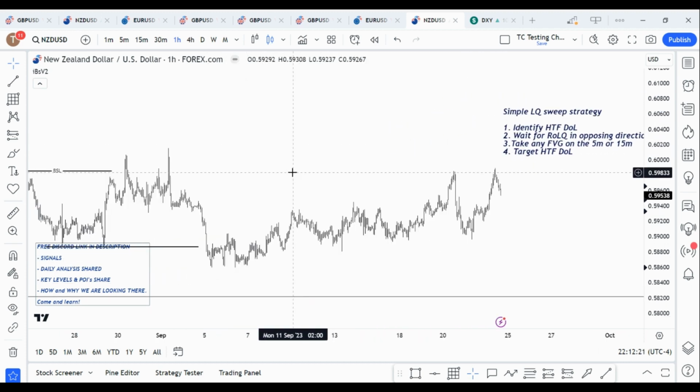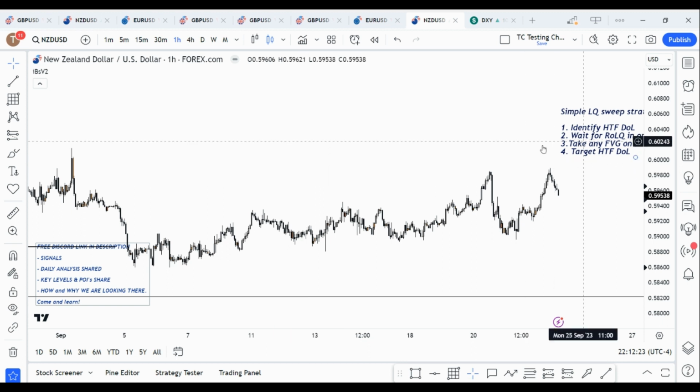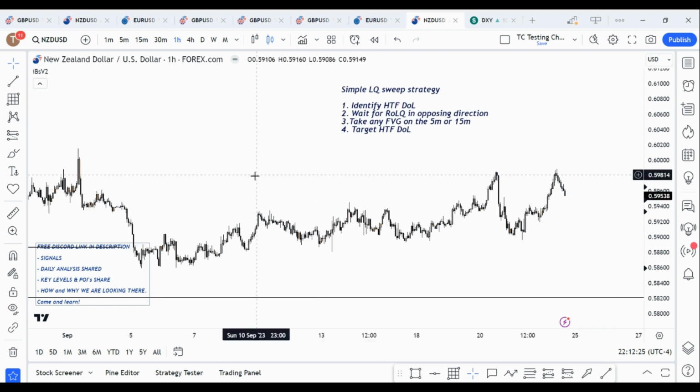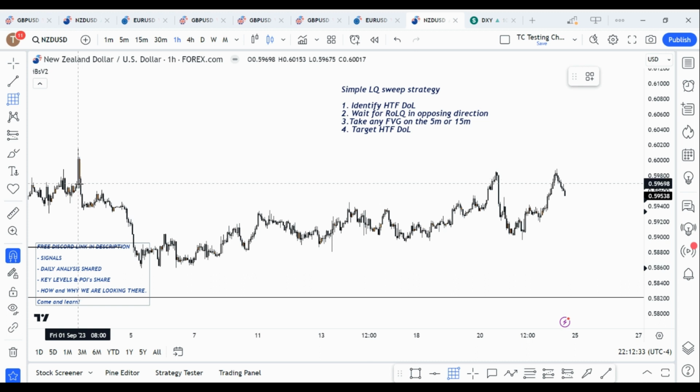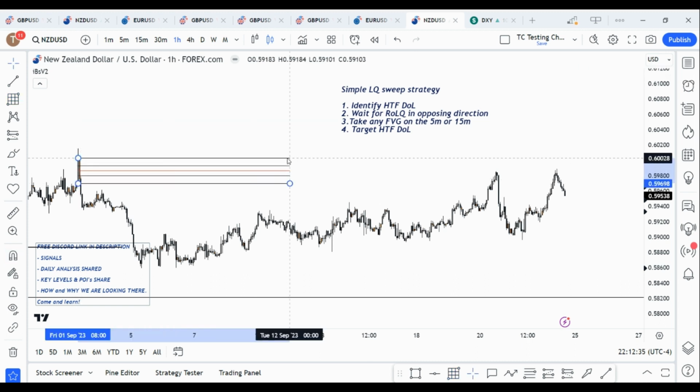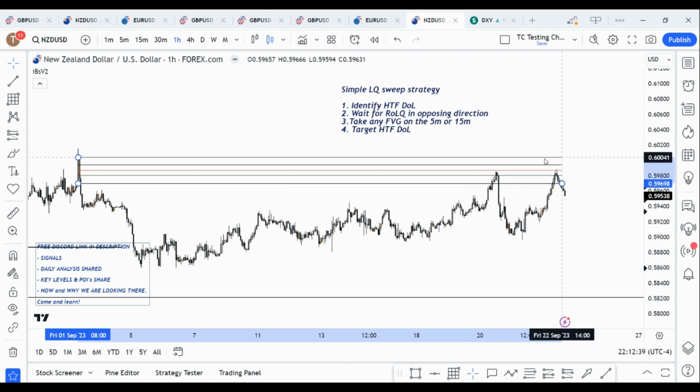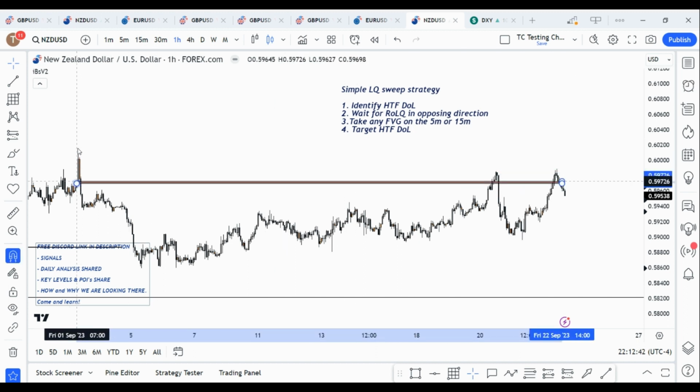So we want to be finding our point of interest first that we want to be taking entries off. You don't want to just be trading any random highs and lows. You want to make sure that it's also coming from a valid area. So if you notice here, we have this H1 order block, and if we just denote the body here, we can